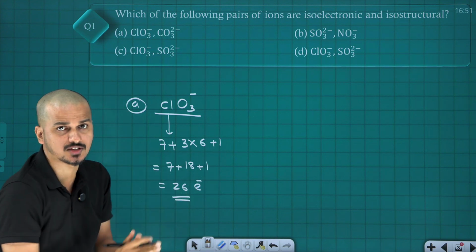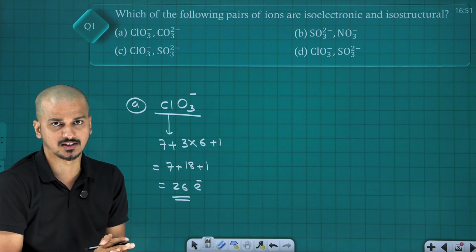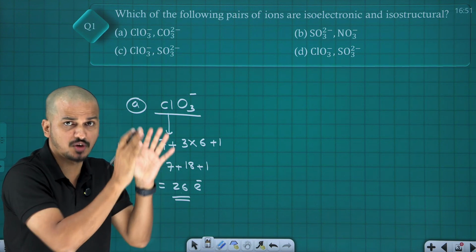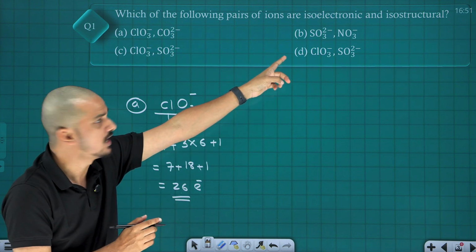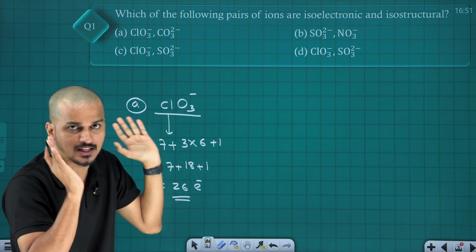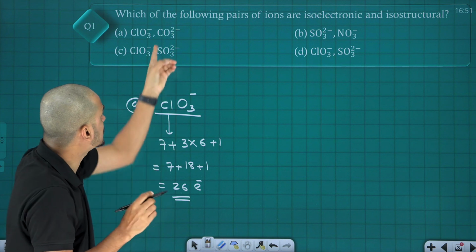How many valence electrons are there? 26 valence electrons are there. That only we are going to check. If the total number of valence electrons are the same, then they should be isoelectronic as well as isostructural. That's the idea we have to remember. Next I am going to check for